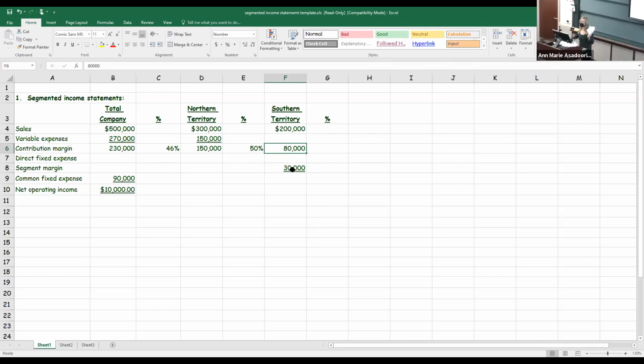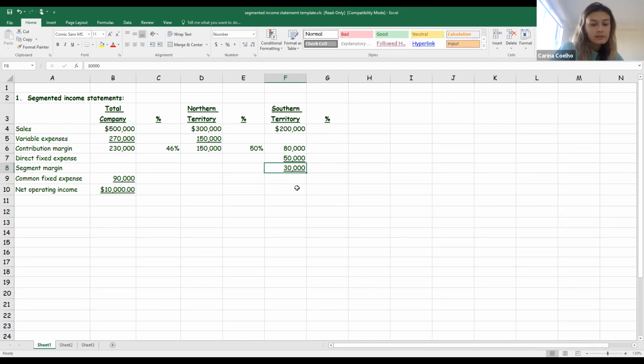Okay, for which territory? For Southern Territory. Yeah, so if this is 80, which is the correct answer, and then the segment margin is 30, then contribution margin minus direct fixed would have to be 50, if that is to be true. Okay, Karina,